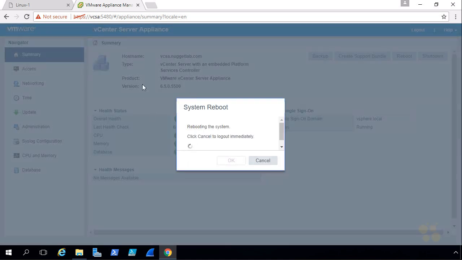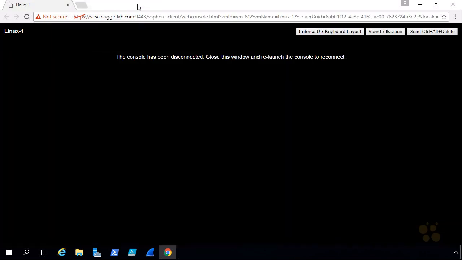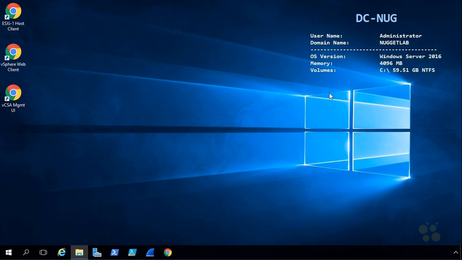So we'll click on yes to do the reboot and cancel to log out. We'll close that browser as well. I'm going to give it a full 5 minutes or so to come back up. And then after 5 minutes, we'll roll the tape again and see if our problem is still existing, or if perhaps it was a transient issue with the networks that were connecting ESXi2 and ESXi3 over to the vCenter